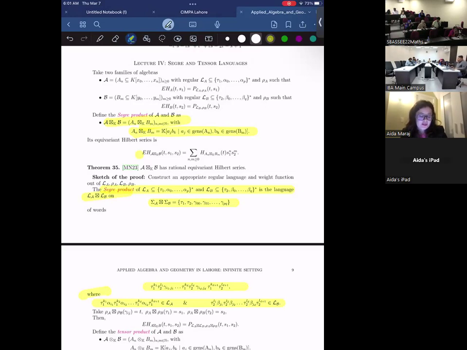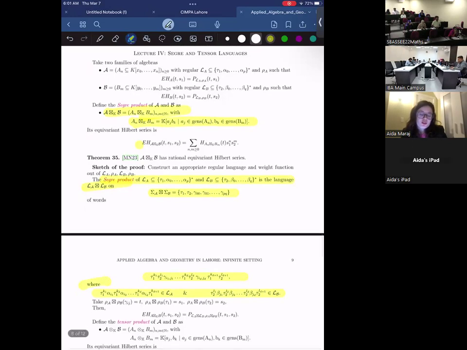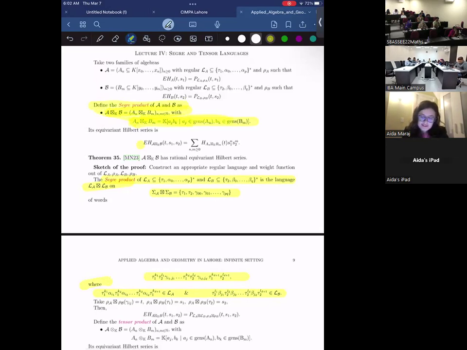Secondly, in a recent paper with Uwe, we took this step further. We wanted to get rationality results for Segre products of infinite dimensional algebras, and tensor products of them. And what happened is that one can create a very nice story in the world of languages. When we have a Segre product of algebras as defined here, and these are in the notes that I'll share,